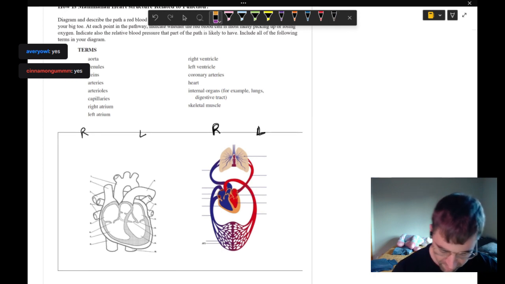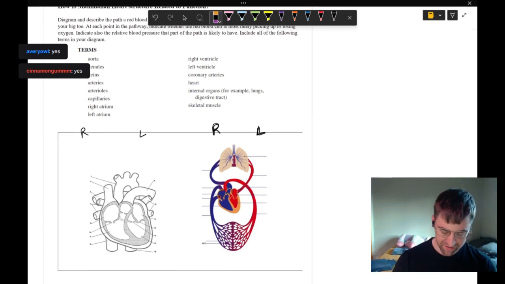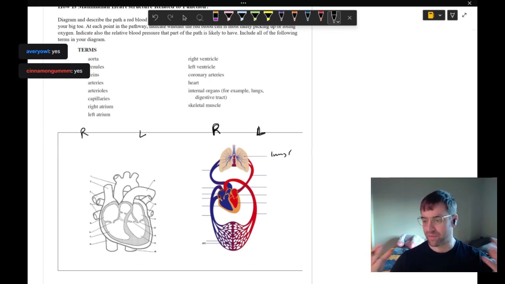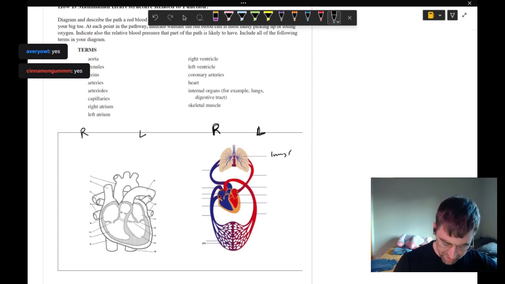Okay, not starting at the big toe, we have some lungs. We have a heart in the middle, and then we have this web-like appearance. I'm using this diagram that's color-coded because it gives us some hints to the oxygenation at these different places in the circuit. So if our big toe is down here,